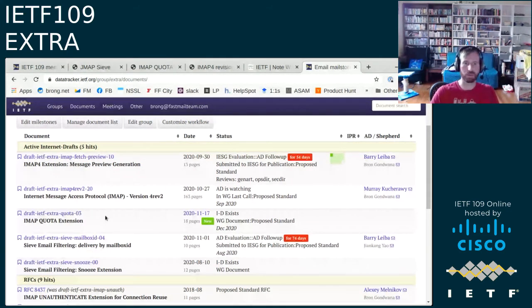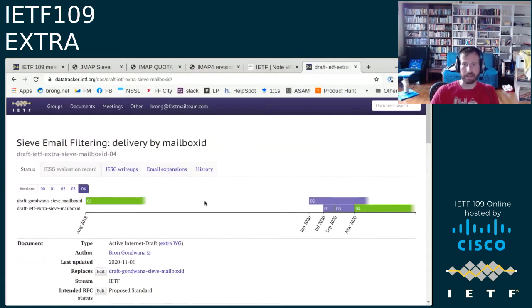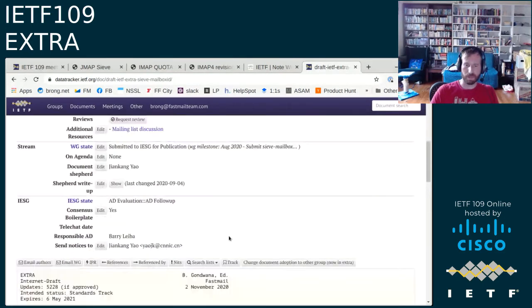The big discussion point with Civ Mailbox ID was how to deal with the case where you specified a Mailbox ID and a special use in the same document.